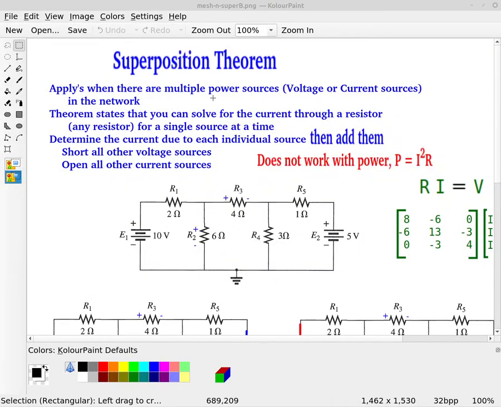So this video addresses the superposition theorem. Superposition applies when there are multiple power sources. They could either be voltage or current sources in the network. And this theorem states that you can solve for the current through a given resistor. Just choose any resistor within the circuit, but you can